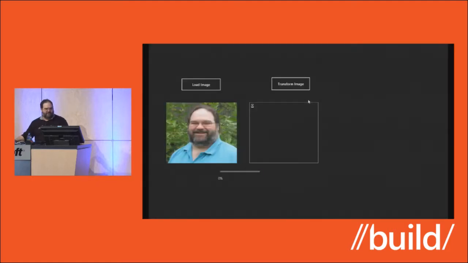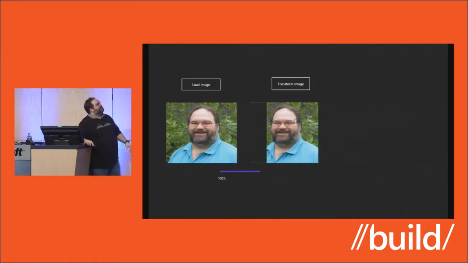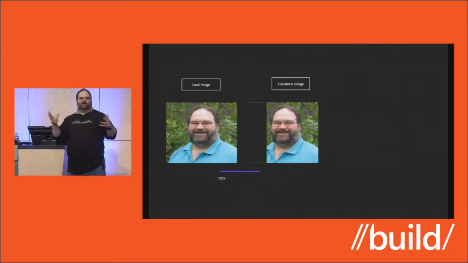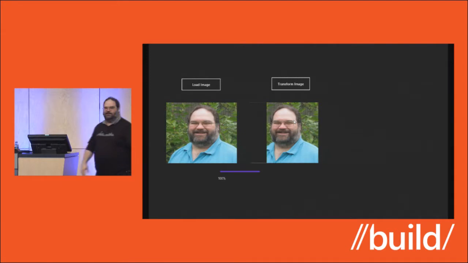And up it comes, and we hit Transform Image. Unfortunately, this is not the greatest image to show you this. The actual sample is a cartoonifier, right? It has some edge detection in it, and it makes the edges really strong, and then it flattens out the color space. And apparently, I already have strong edges, and my color space is pretty flat already. So